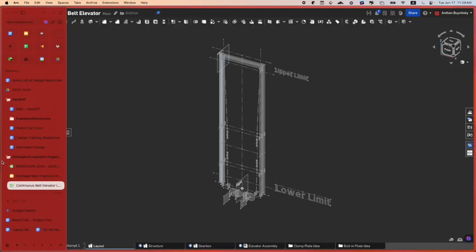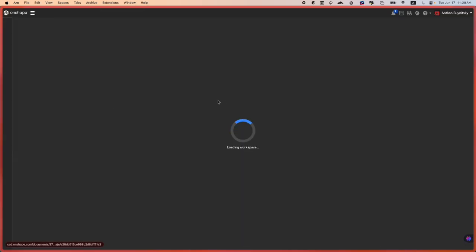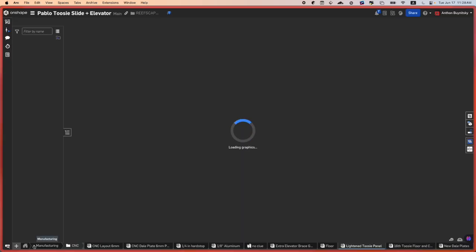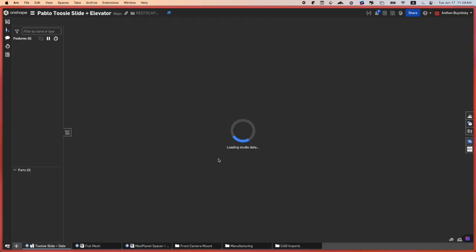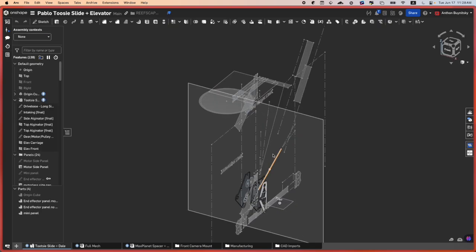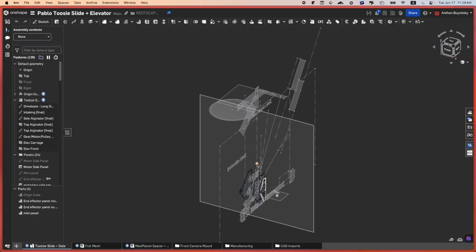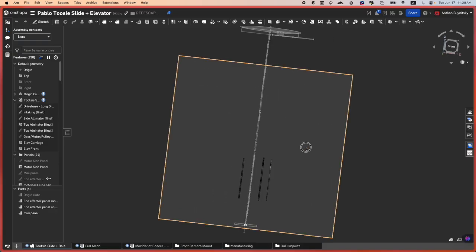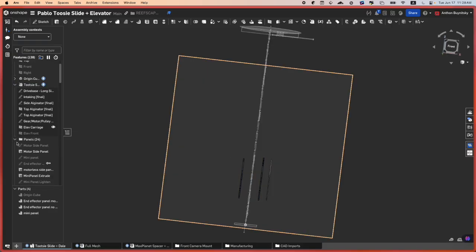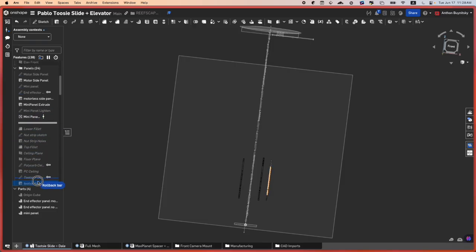Like if you guys don't remember, if we can go into the Tosi slide doc and we go into the part studio, if it loads, see, this is what we do not want next year. This is going to be such a pain, especially if we want to do a complicated robot. There you go. So it probably has to load. Oh wait, no, it doesn't have to load it. I just have to